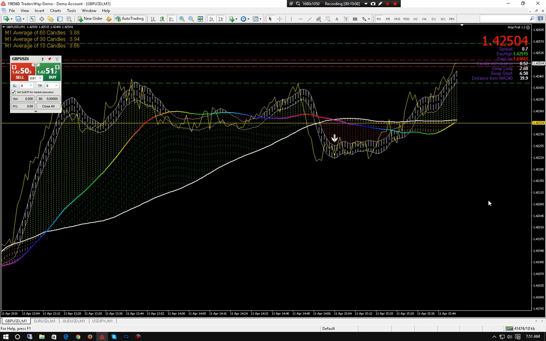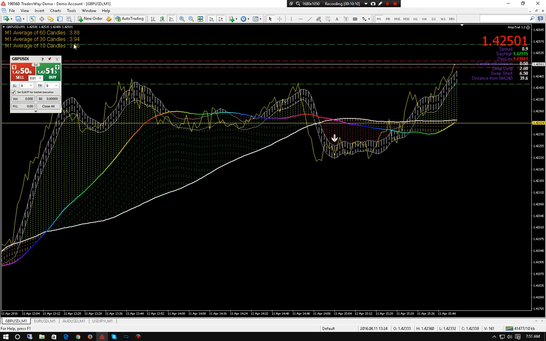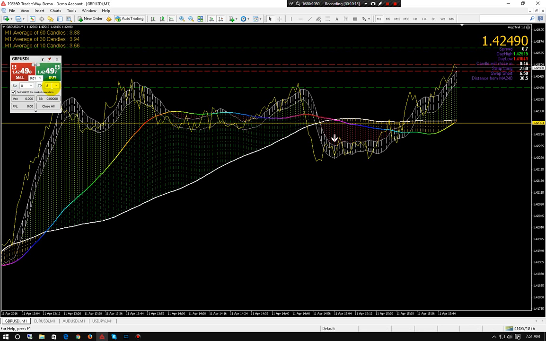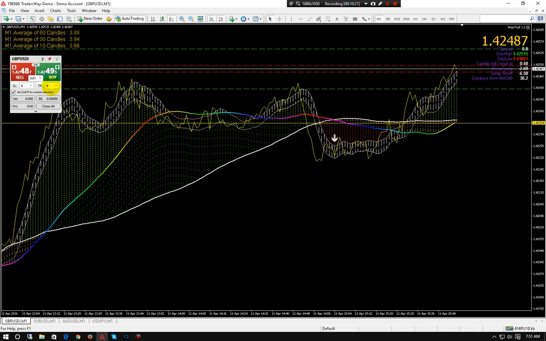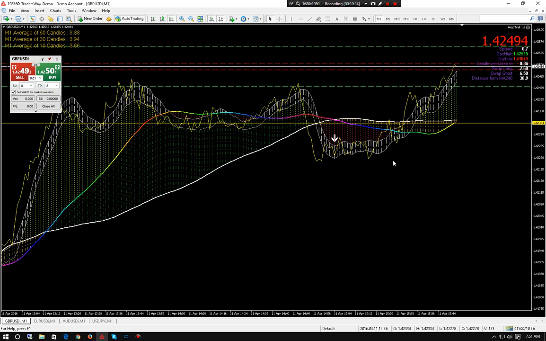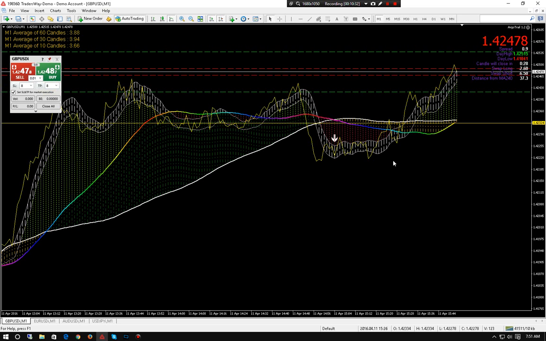So the first thing you're going to do whenever you jump in, you want to look at the averages and make sure your take profit and stop loss is set right. This is going to make you be involved with the chart. I said this last week. You are going to be involved with the chart, and you are going to be adjusting everything on the chart to the current market conditions. One, it's going to help you earn PA faster because you're going to be looking at the chart, using the chart. And two, it's going to make sure that your take profit and stop loss are set correctly